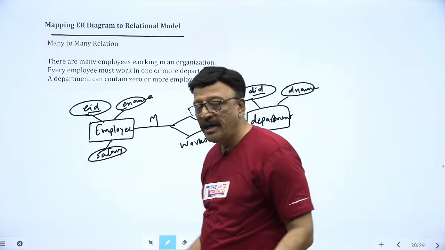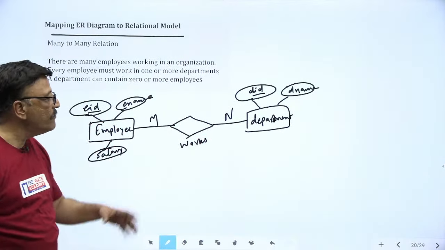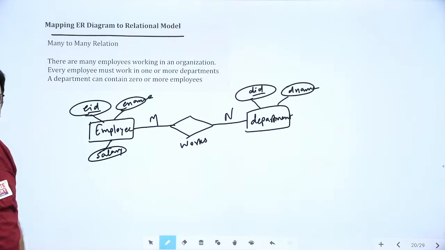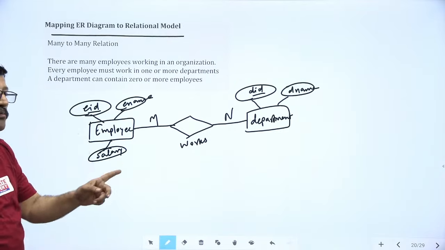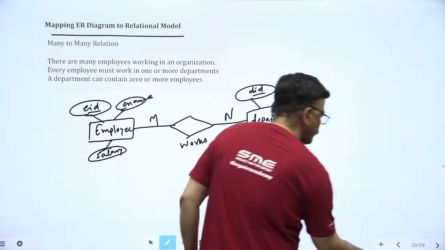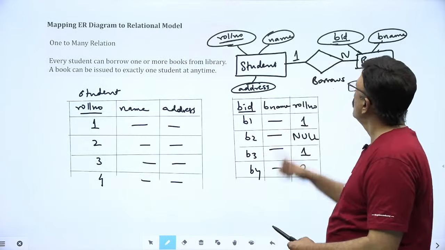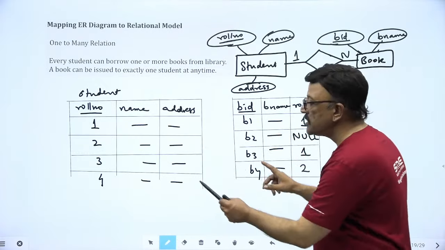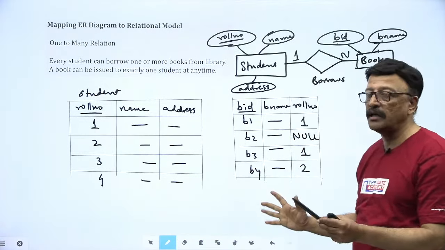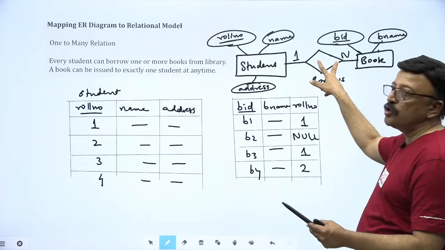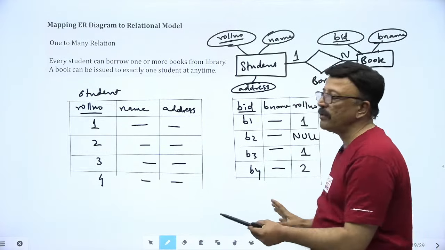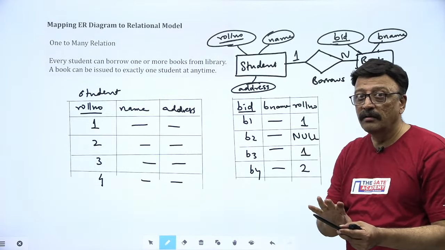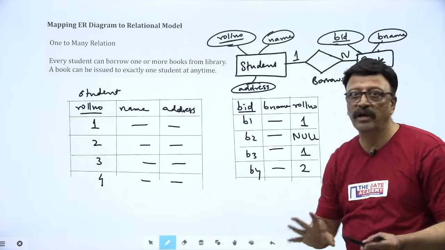Okay, many to many we are talking about. We want to transform this into tables. How many tables will you get? You recall when we transformed one to many on the previous slide, when we transformed one to many or many to one, we had 2 entities and we had 2 tables. Note the tally over here. We have 2 entities and one to many relation. Then we have exactly 2 tables. So in the case of one to many or many to one, 2 entities will get translated into 2 tables. But